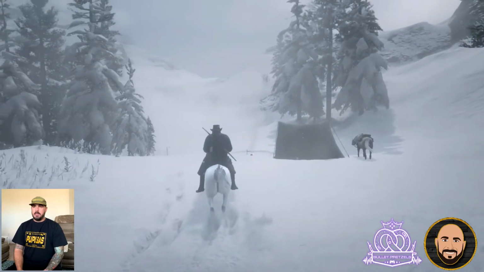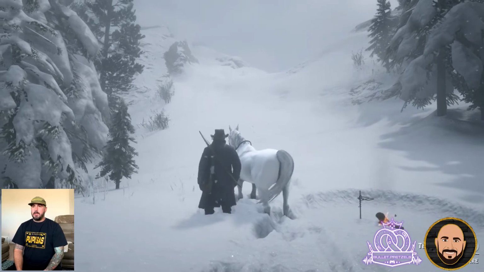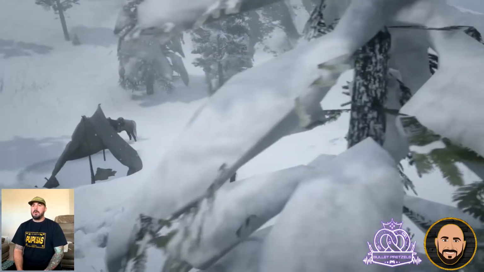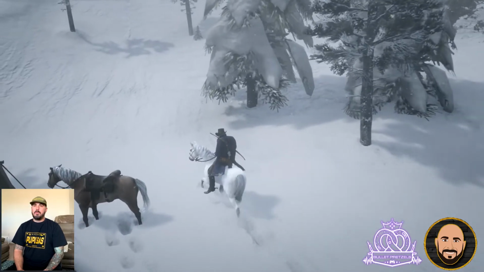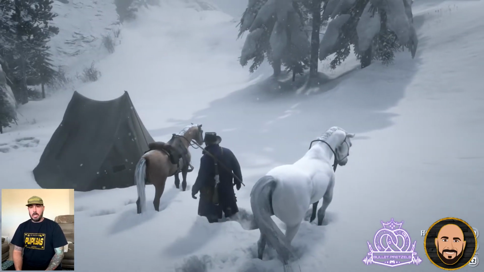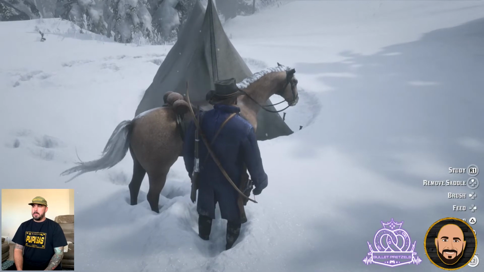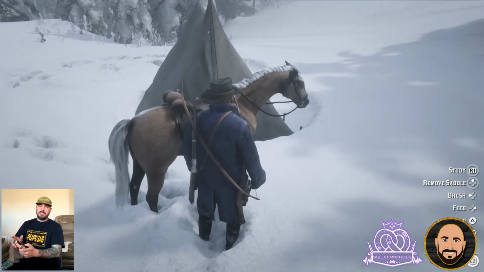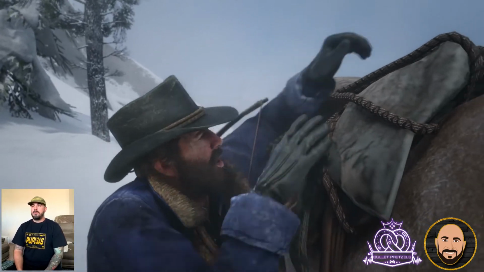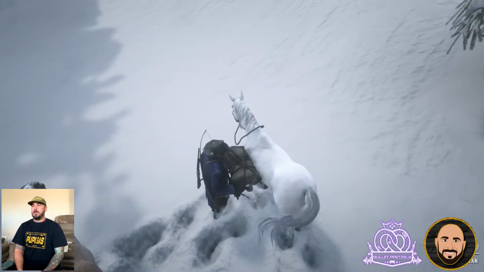All right, so you guys see? Look, here we are. We're back at our little camp. Let me get back on real quick. What we're going to do is transfer my saddle with all my stuff. Easy. So let's get close to our other horse that I paid $15 for. Remove saddle, up on the D-pad. You see the option right there. Now we're going to take the saddle off, and we're going to throw it on my beautiful new...